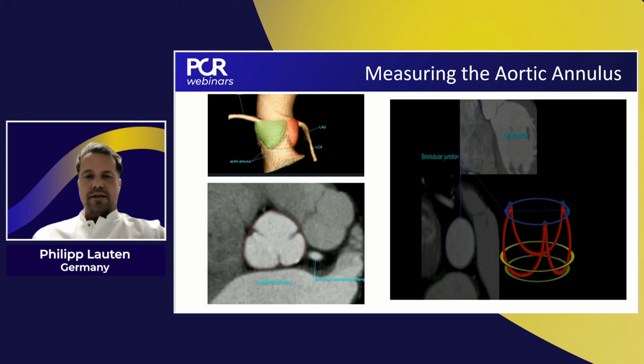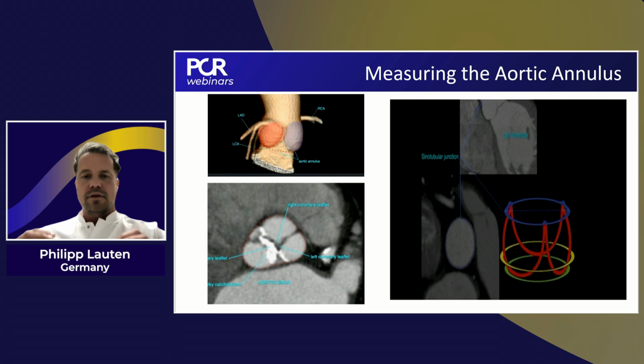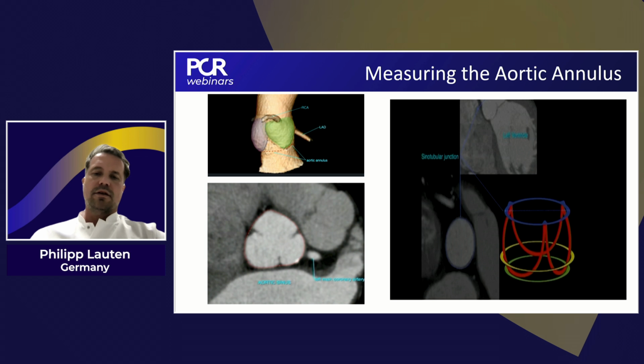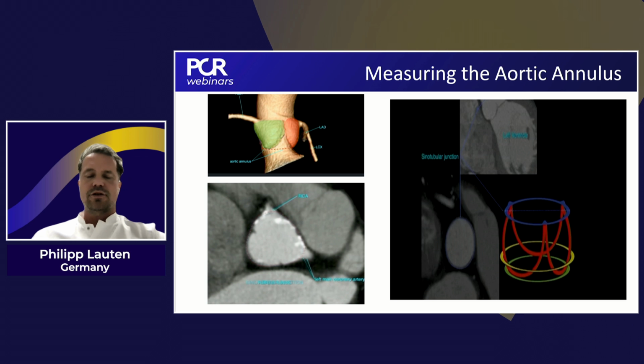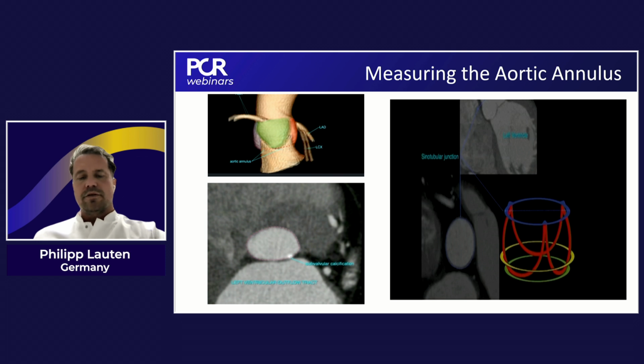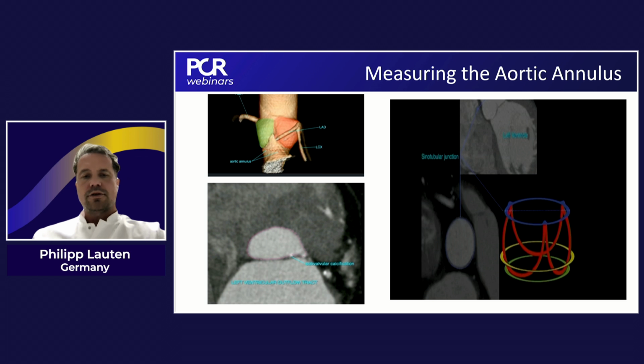So you start in the LVOT and go up in the double oblique view to see the annulus, to see the width of the sinus, the uptake of the coronary arteries, the distribution of the calcification. And you do it also in the idea of for the best result, for the height of the implants, of the valve, for the landing zone, for the coronary access later on, as Won-Keun